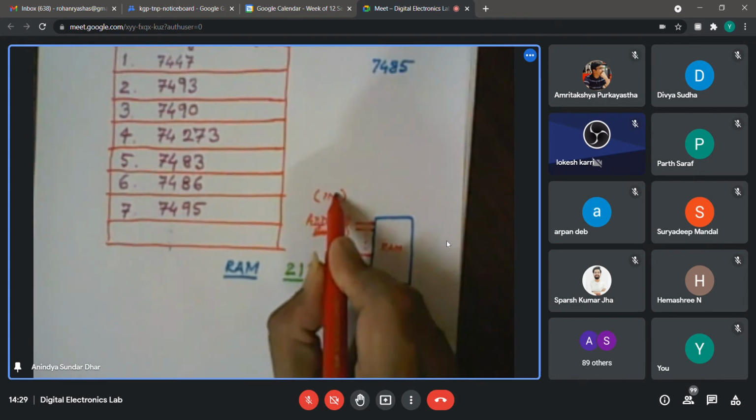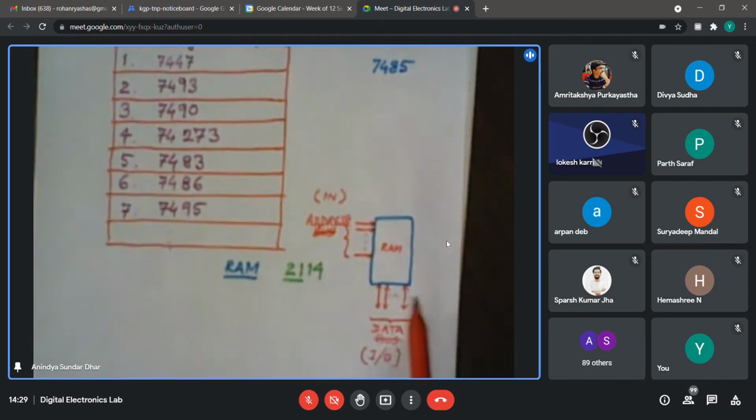As some of you are mentioning, in some RAM chips you may find that the data for input and data for output are different, one used for writing and another for reading. In that case, we call one the write data bus and the other the read data bus.